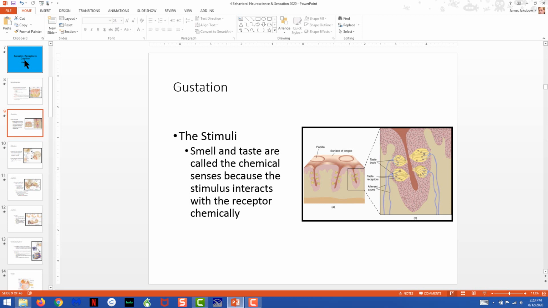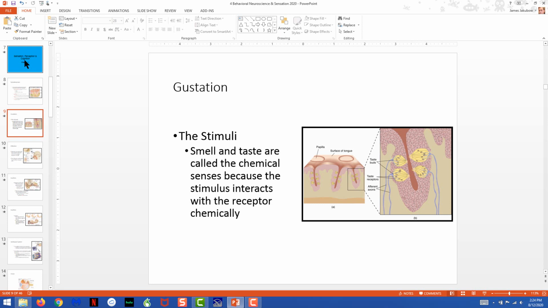Depending upon the shape of the molecule of the food item that was eaten, it may or may not stimulate a particular hair receptor, which then will generate an action potential and send a signal back to your brain for you to detect what you had actually eaten. So for anything that lands on there, including saliva and so forth, that will modify your experience of what you might call taste in general, but technically it's gustation.